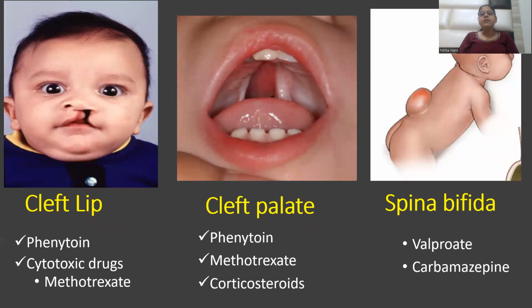Now, these are the various abnormal deformities, adverse reactions due to teratogenicity. That is cleft lip, which is caused by phenytoin and cytotoxic drugs like methotrexate. There is deformity of the lip. Deformity of the palate is cleft palate, which can be caused by the anti-epileptic drug phenytoin or immunosuppressant drugs like methotrexate or corticosteroids. Spina bifida, when there is a bifid spine, can occur due to anti-epileptics like valproate and